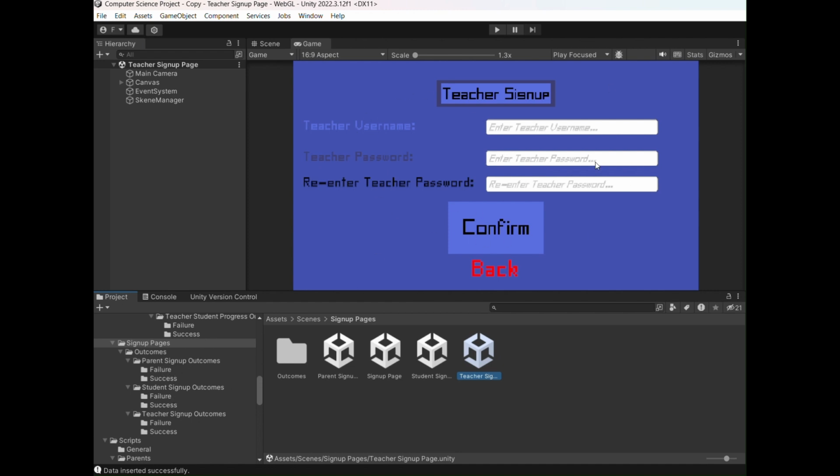As we're on the teacher sign up page, I'll start with the teacher. I'll show you the teacher error and success pages, which are, like I said again, worded the exact same for the student sign up pages and the parent sign up pages. So the error scenes for the teacher sign up pages are what's called again